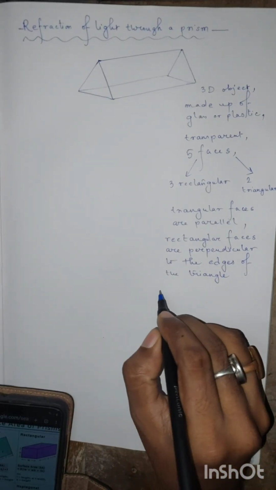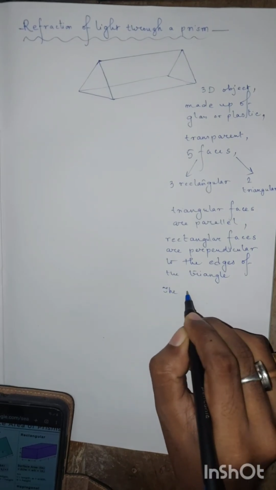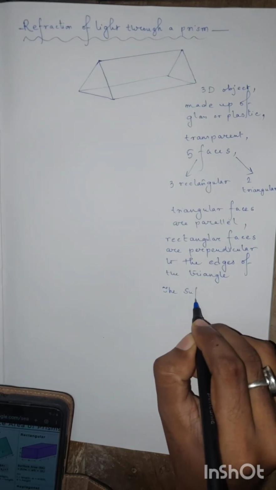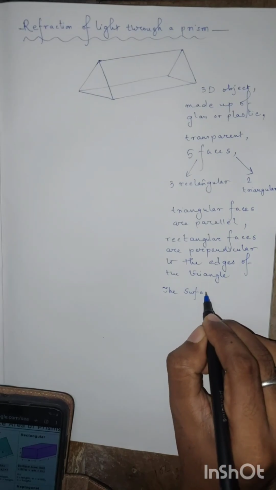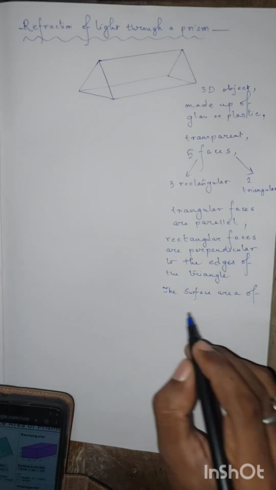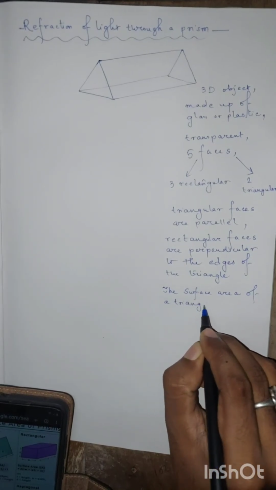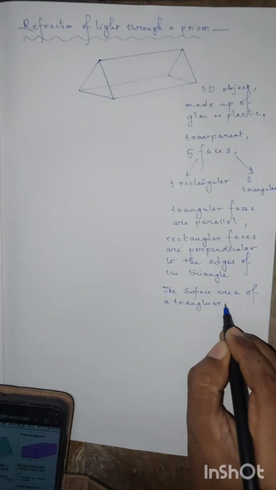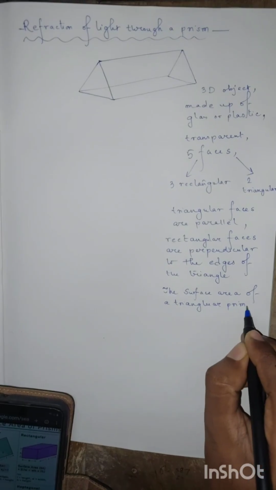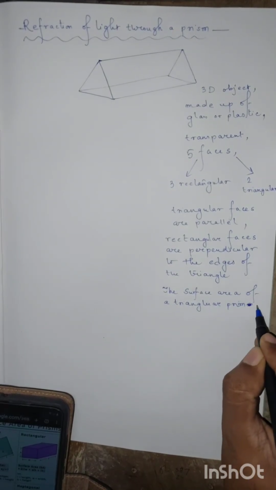So the surface area of a triangular prism is equal to